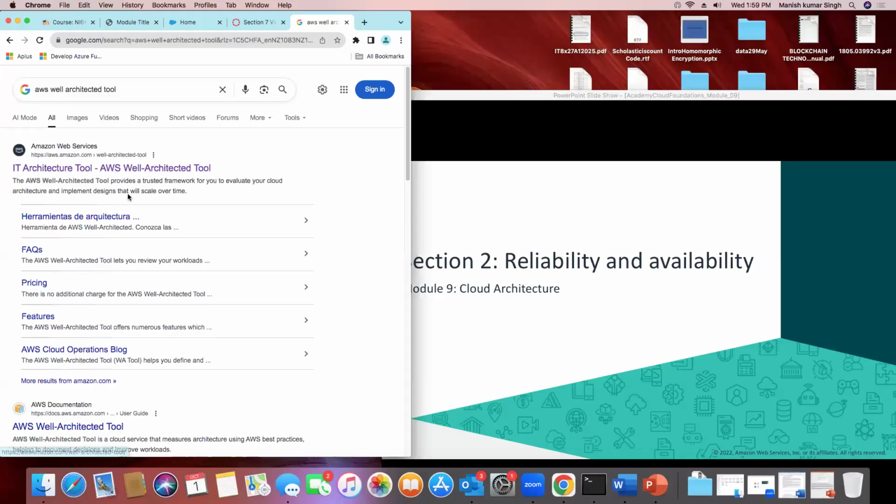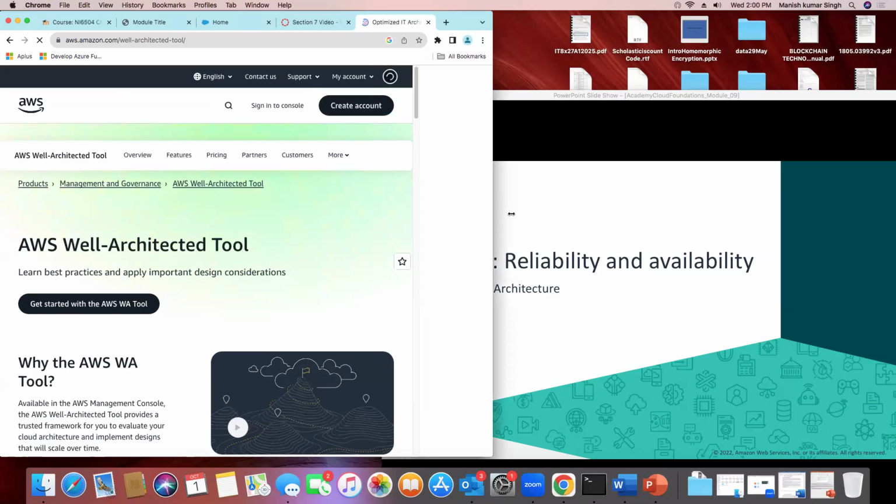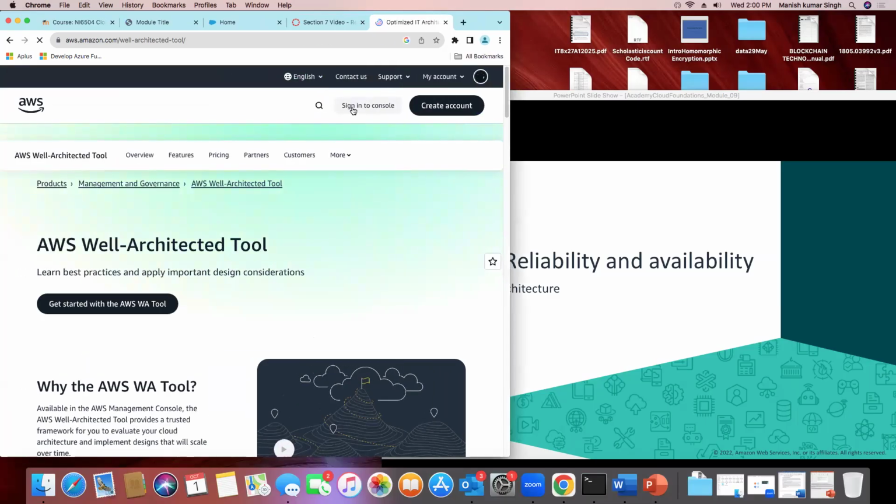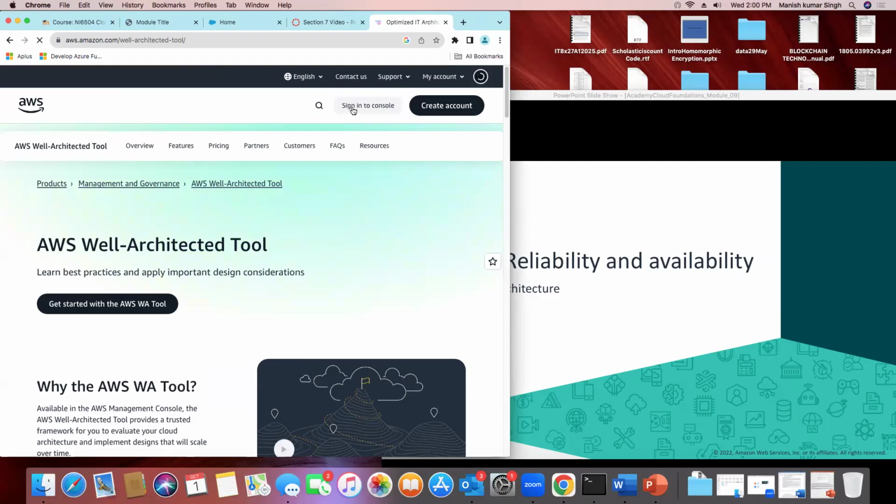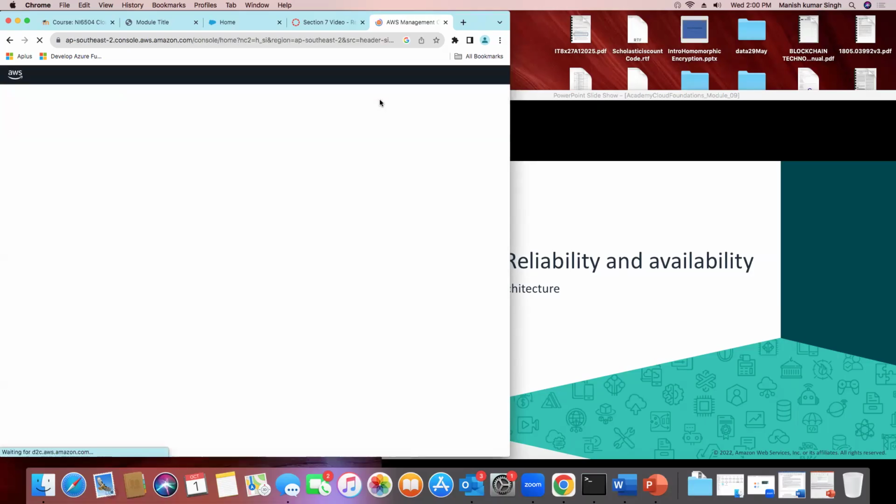So this is the tool we were talking about, right? The AWS Well-Architected Tool. There are theoretical things which we discussed. Now we can play with this tool. We should have some scenario to play with this tool, but just to look at where this tool is. Okay, so you may not have this in your sandbox.